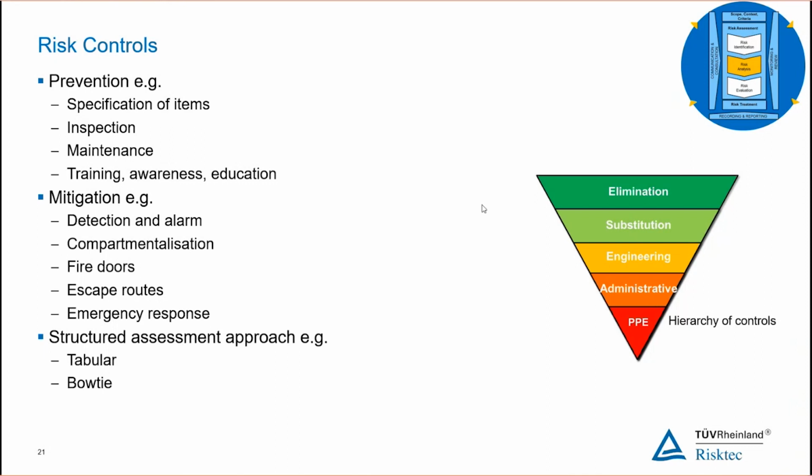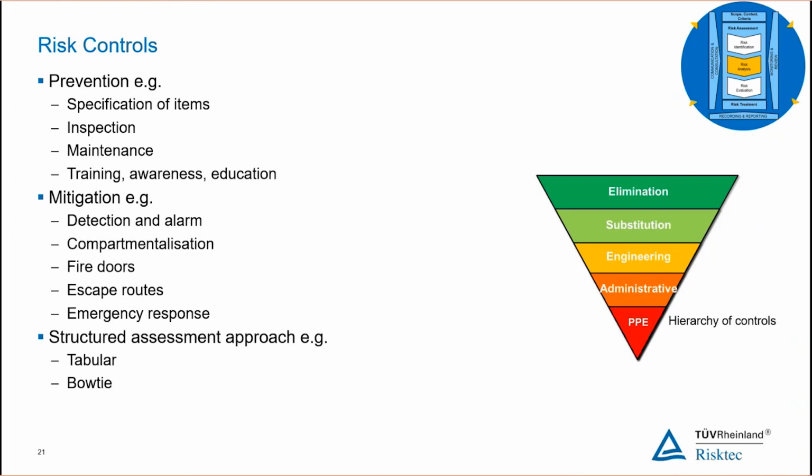So the controls: what do we rely on? What allows us to sleep at night? What do we have in place that we have to make sure is going to work to stop the unwanted event from happening, and also to mitigate it were it to happen? So it's going to be very much scenario specific. It's going to be hazard specific, whether some of them work for fire scenarios, some work for structural failure, some work for both. So the specification, the design, the systems we have in place, how do we make sure that they continue to work?